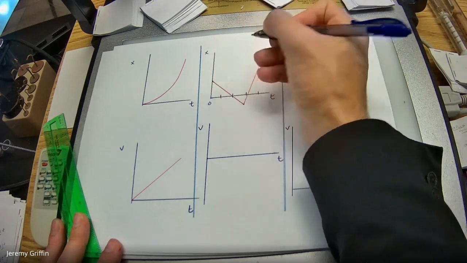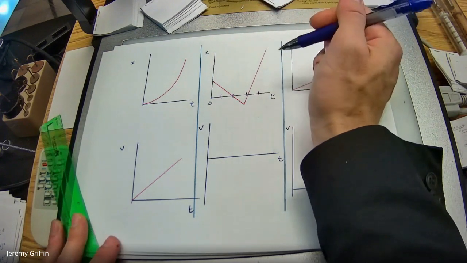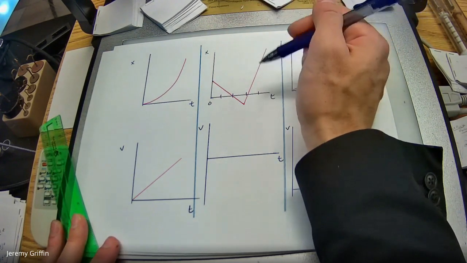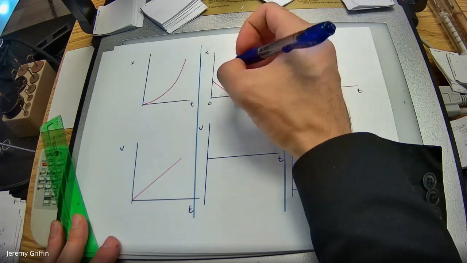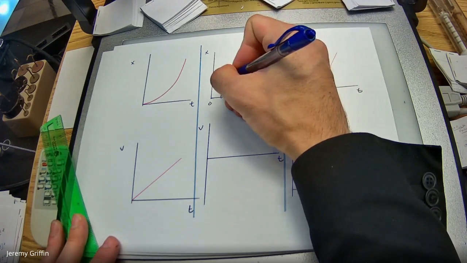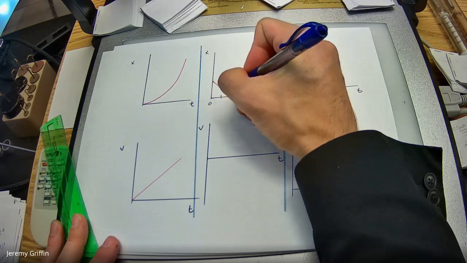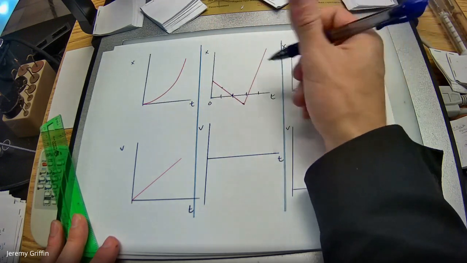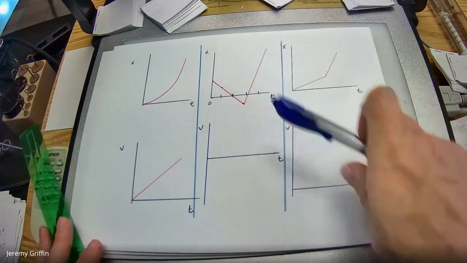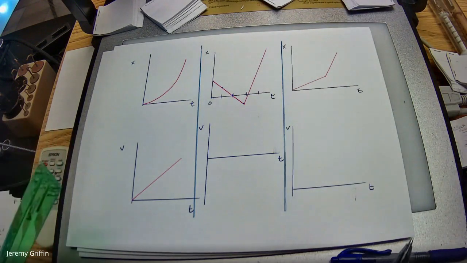Looks like maybe somebody's just walking in a straight line. Remember, these could all be linear motions, so it could just be like walking back and forth. Looks like they start out at some position, and then they're walking in the negative direction at a constant rate. They're just walking back at a constant rate. Isn't that a constant negative velocity?